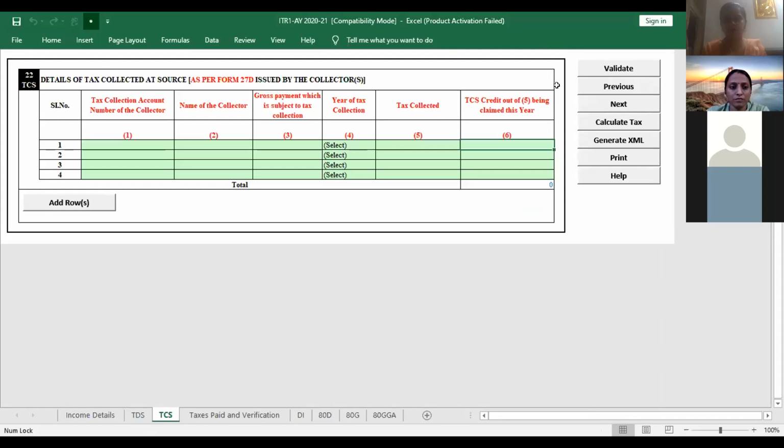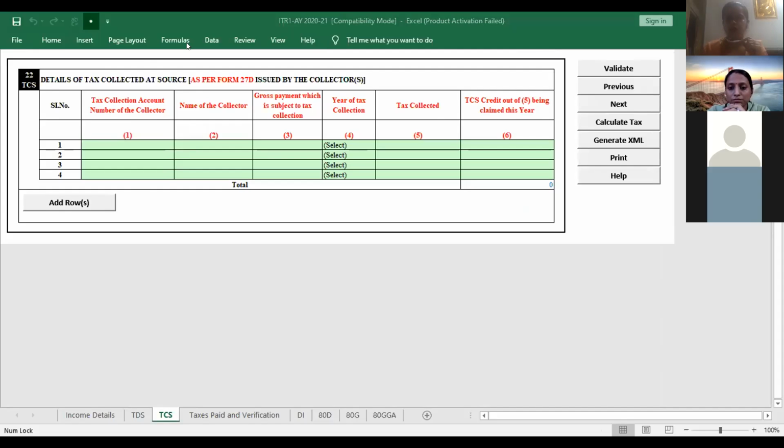where you can reflect your TCS certificate. You get Form 27D and you can file the details over here. Yes, thank you. So you have to fill in the details. Okay. Next. Yes, it is there. The provision for TCS certificate is there. If you have a TCS certificate, you can claim. Okay. And it is already showing in your 26 AS, no? Yes, it is mentioned so. Yes, I hope that the query is cleared.